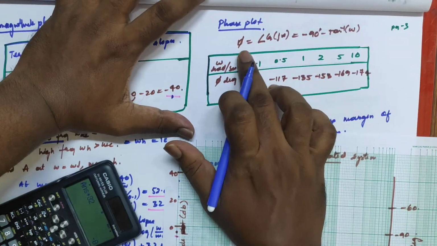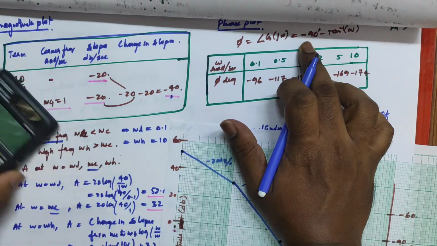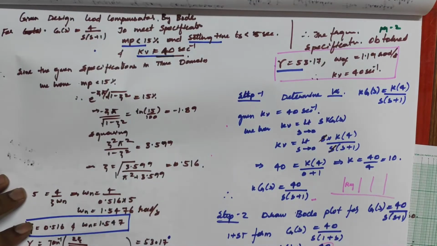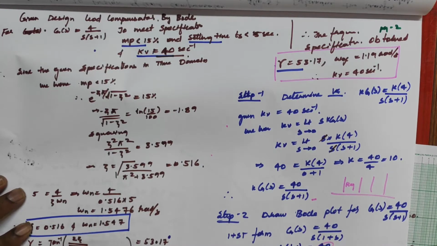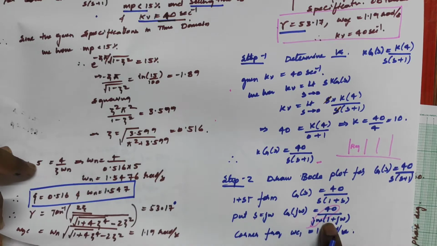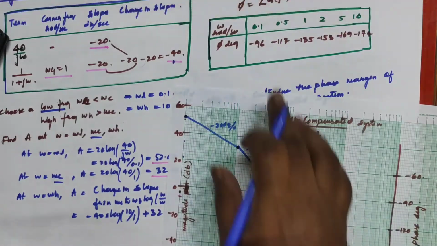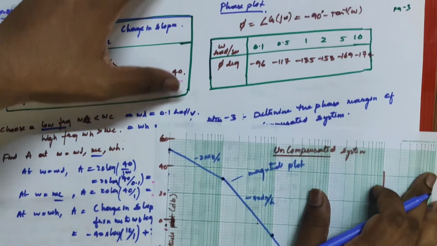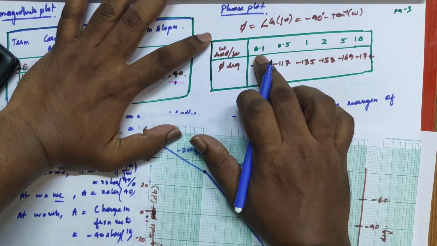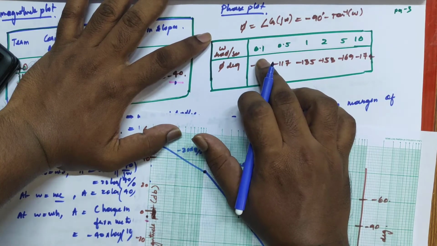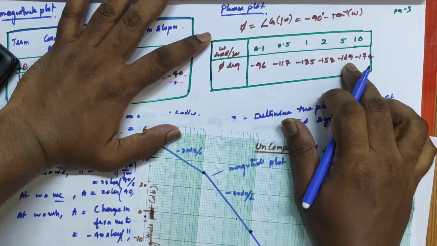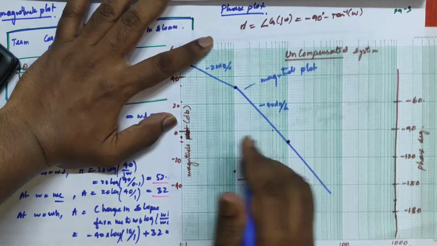Here I have the phase: tan inverse of the main function, minus 90. So initially we have minus 90 minus tan inverse of the omega value. By this time you will know how to do all this. If you substitute for the omega value, I'm taking a lower frequency 0.1, then 0.5, different values of frequencies. I got these values. So if I plot that,